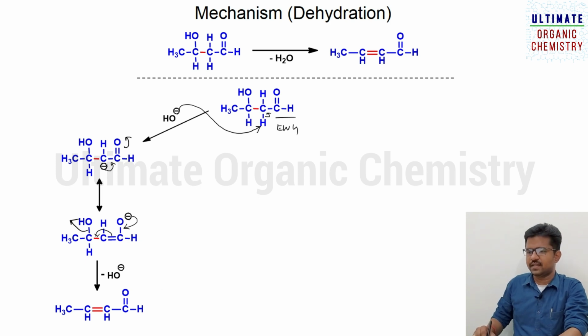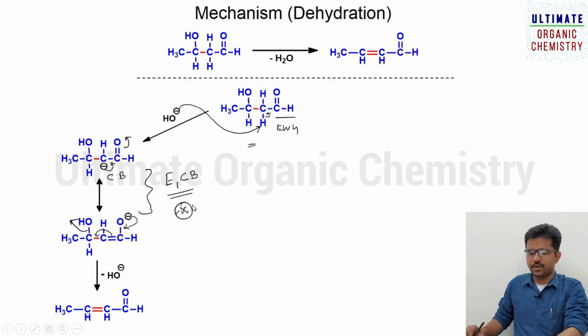If you happen to check the overall reaction name here, it may be asked in the examination, so please remember. This overall process is elimination only, but it forms via the E1CB pathway. E1 means elimination unimolecular, CB means conjugate base. So this is the conjugate base of this compound. This compound's conjugate base is this one, and once it is formed, it will undergo elimination. So this process is called E1CB. Please remember, questions can be asked.